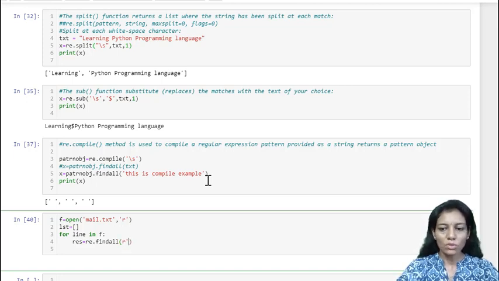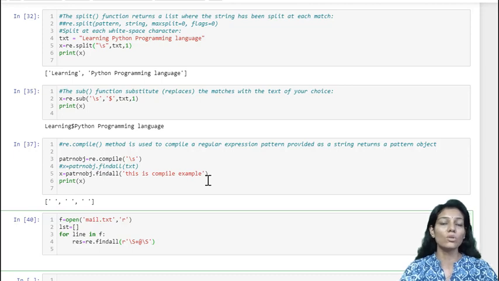I want to find all the non-white space characters with one or more occurrences, in between the @ is a must, and again it should have non-white space characters. This is the pattern I have written, on the basis of which my email IDs should get extracted, and I want to apply this pattern on line, which is my string.